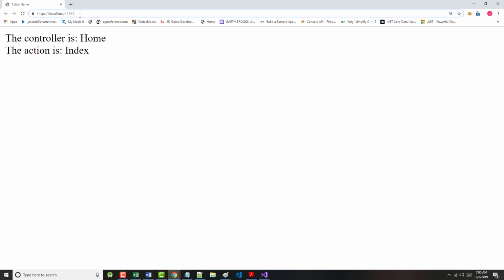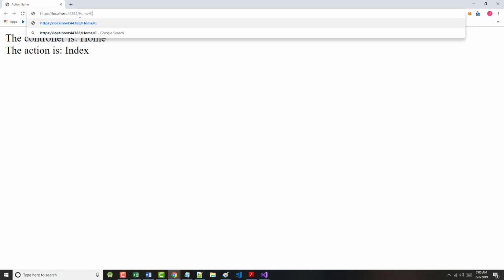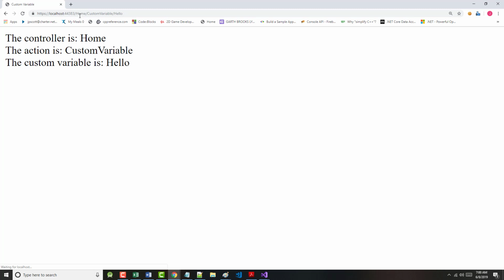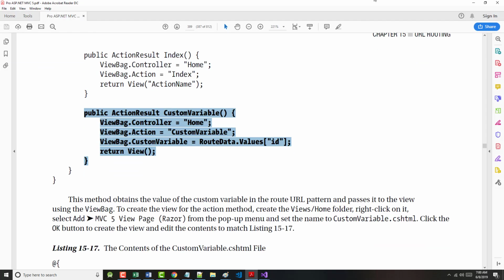So now, home, customvariable, hello. There we go. And if we don't put any variable in there at all, we could have provided a default, and I think they actually did that in the book, but I didn't here. All right, the bottom of page 390 in the text